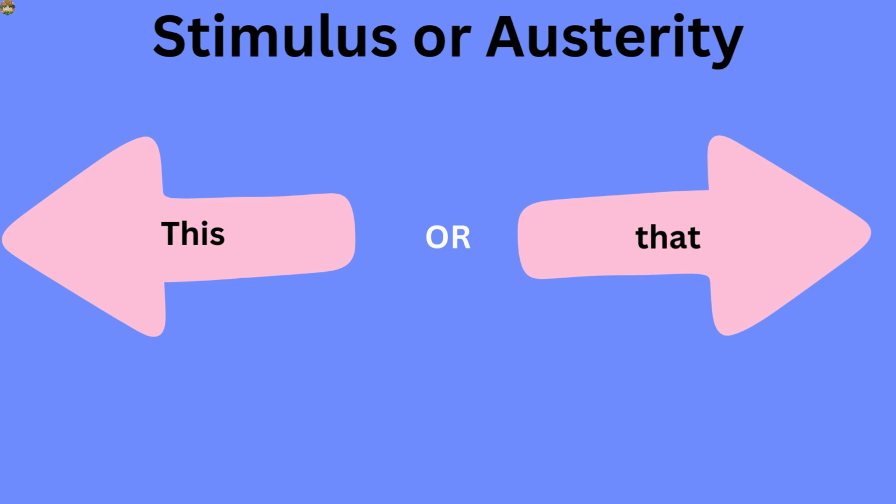The first is stimulus. This is where a country will intentionally go into debt by using funds for infrastructure projects that they need. Then once the economy recovers, more taxes can be paid to pay off the debt. The second is austerity. It is argued that taxes must be reduced to let people and the economy revive, and that government programs need to be cut to reduce inflation and debts as much as possible.